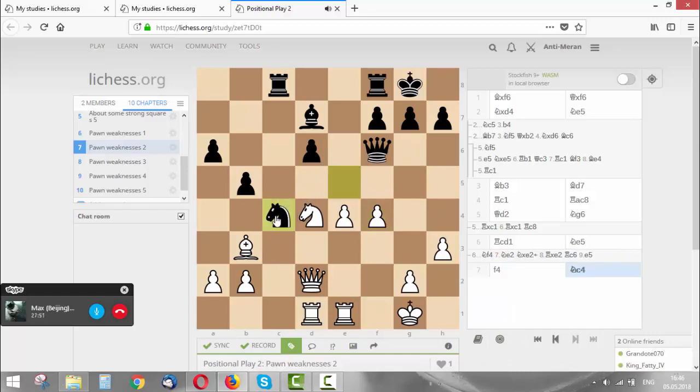f4, knight c4. Bishop takes. What do you think? So should black take with the rook or with the pawn? If they take with the pawn, then at least the d-pawn is backing it up, but at the same time the d-pawn is a backward pawn. And it has to worry about the e-pawn, so...